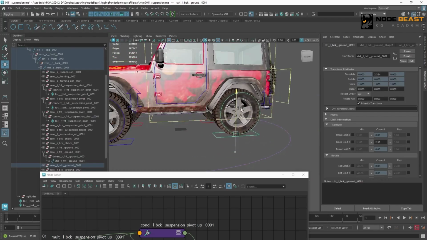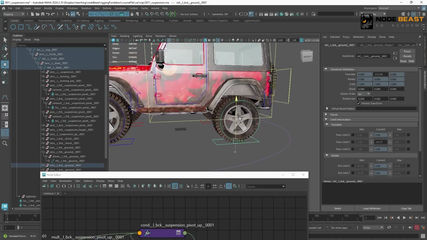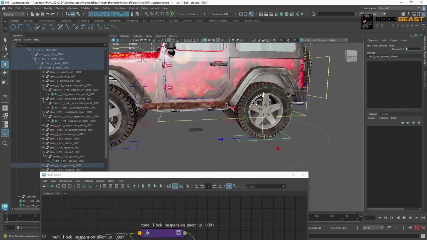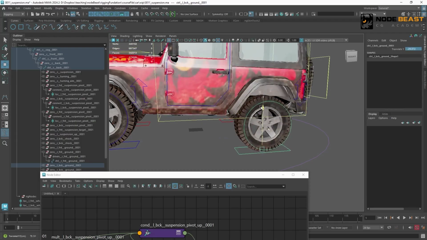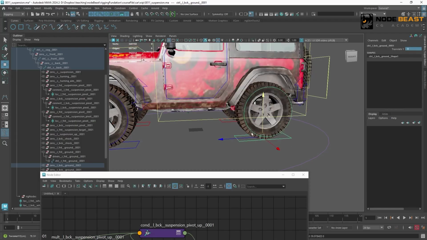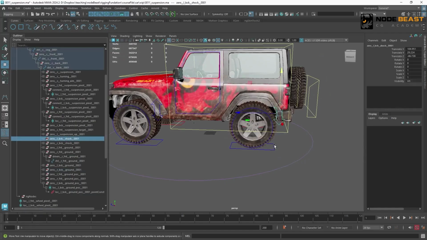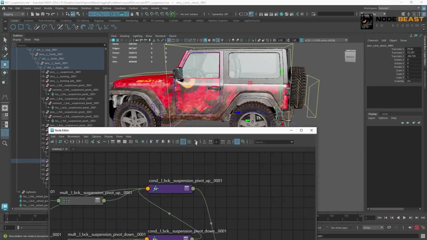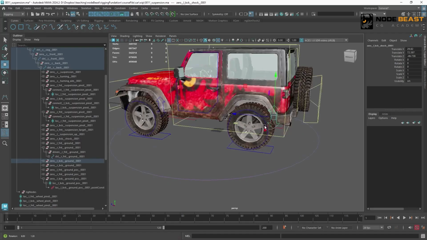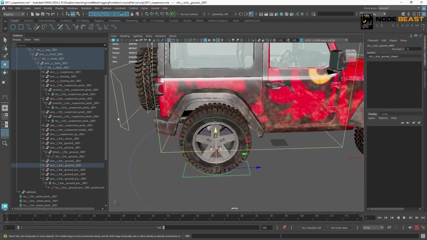Of course, we can also change this limit value based on our needs. Our current limit is plus 10 to negative 10. Sometimes we might feel this range is too large. We can also modify it based on the effect we want. Okay, the rear left wheel is done. Don't forget to put the shock controller under the wheel's up-down controller as its child. And here, let's lock the node editor again. And then do the rear right wheel setup.